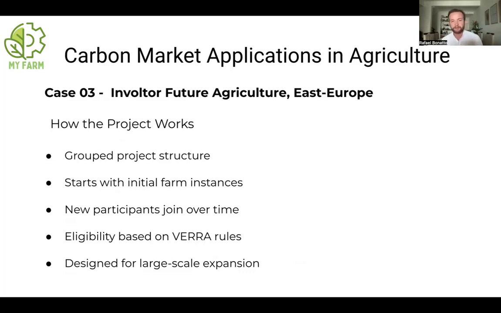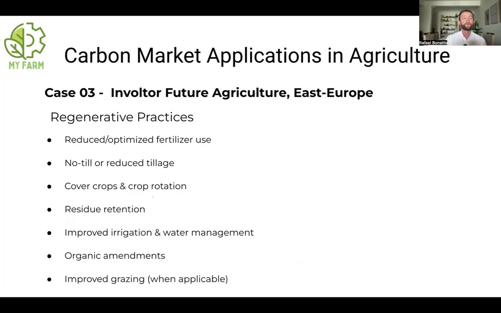The eligibility of this project, the Involter Future Agriculture, is based on VERA rules. So they follow the VM0042 rule, which is for agriculture and land management, all the rules within the document. And it's designed for large-scale expansion. So as you remember, many countries, they want to be a very broad project, very big project. What they propose as regenerative agriculture practices for the farmers joining the project: